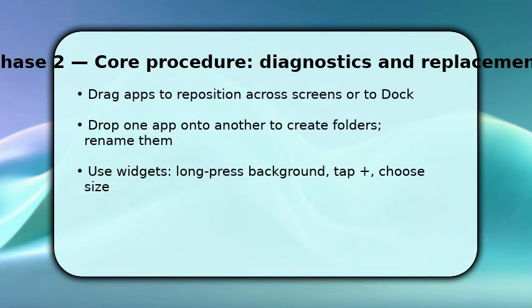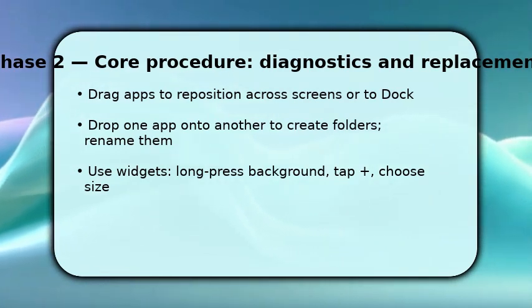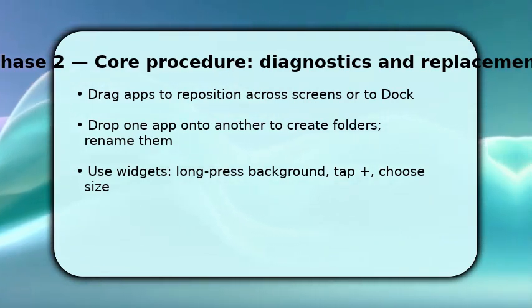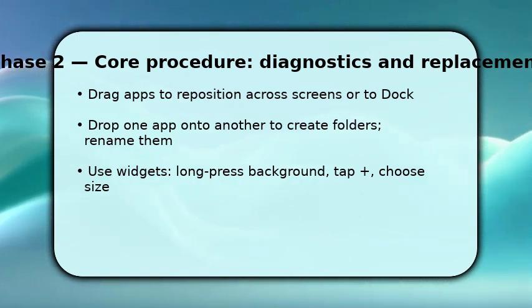Now that icons are jiggling, drag any app to a new spot or to the bottom dock to prioritize it. Moving across pages is just a swipe. If you want grouped apps, drop one app onto another to form a folder, then tap its name to rename